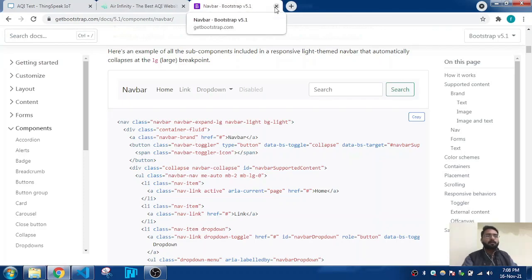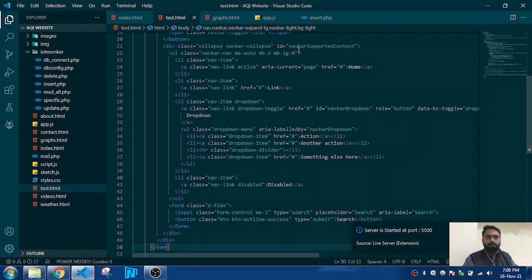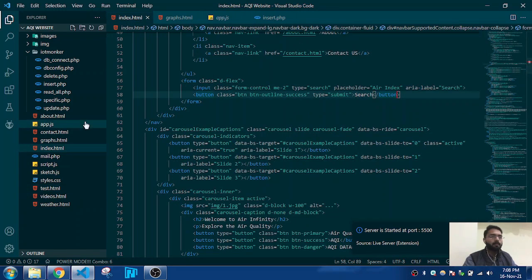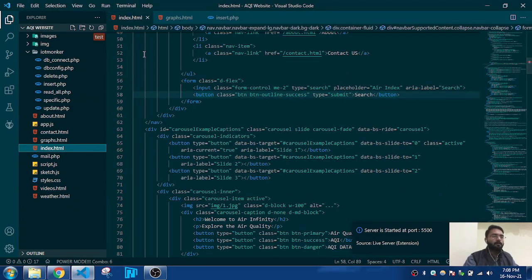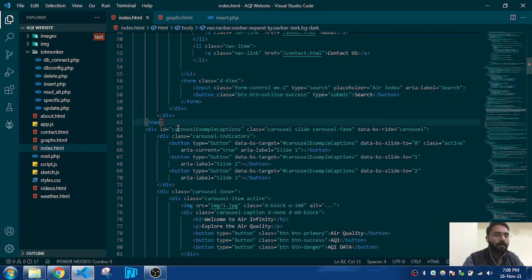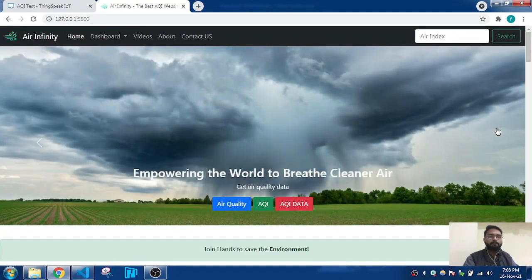This is the tutorial for how things work. Okay, let me just delete this test file.